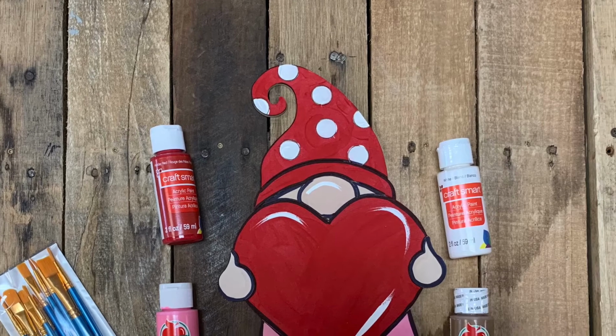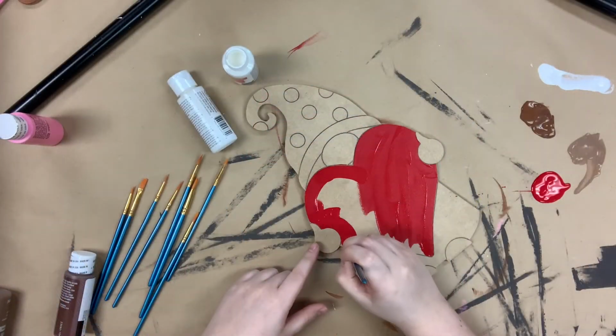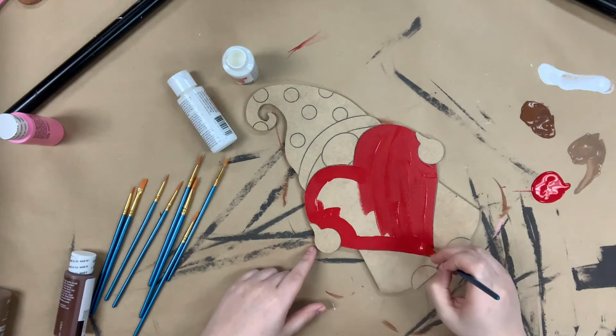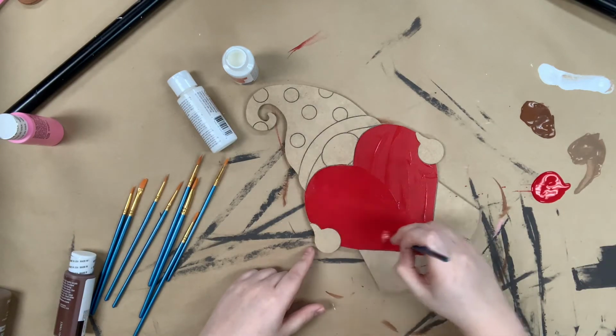Hey guys, it's Scarlett at Build Across, and today I want to show you how I paint our Valentine's Gnome paint kit. Everything you need to complete this project will be provided in your kit. You're going to get the paint brushes, it's a pack of 10, the cutout that I'm painting, and a Sharpie